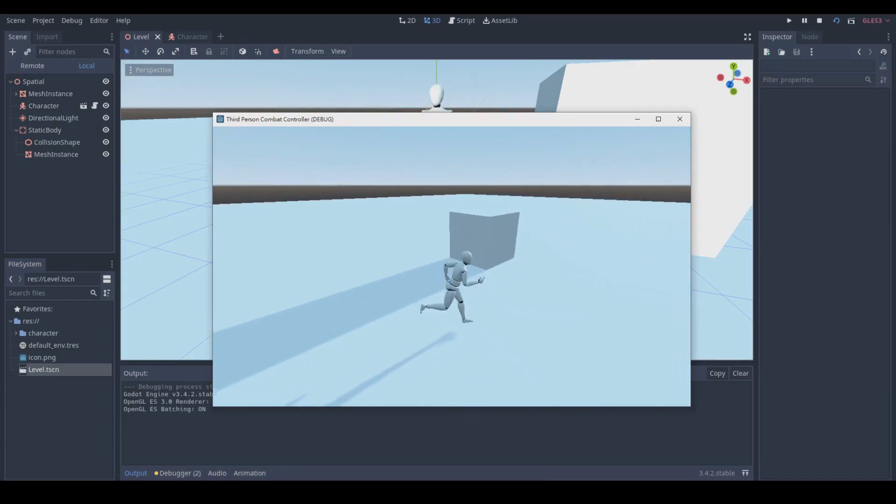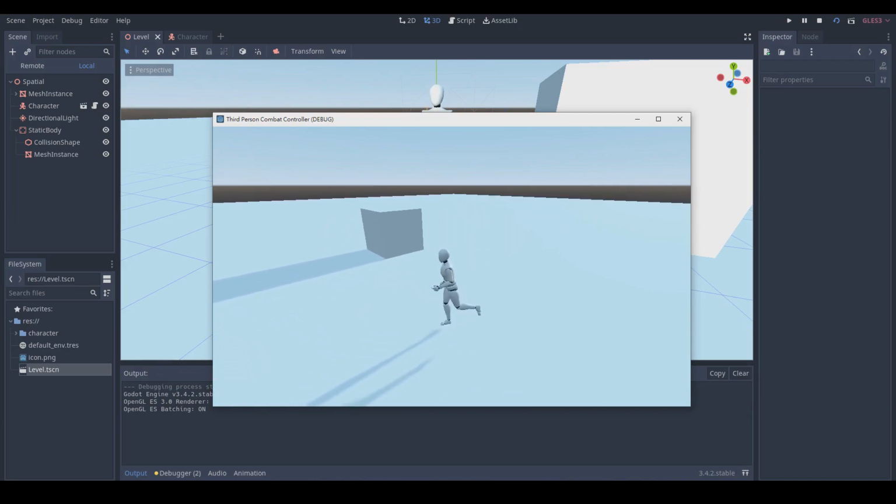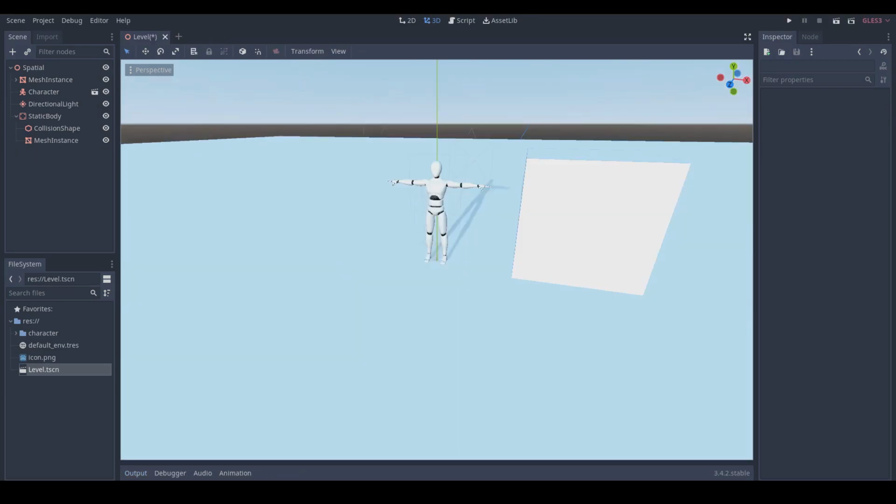Today I'm gonna share with you part 3 of my third-person combat controller tutorial. And this will be the result of this tutorial. Your character can move by walking, sprinting, and running. So let's start. Last time we made the camera control, so this time we will move our character based on the camera viewing angle. So the first thing we need to do is go to our character scene,